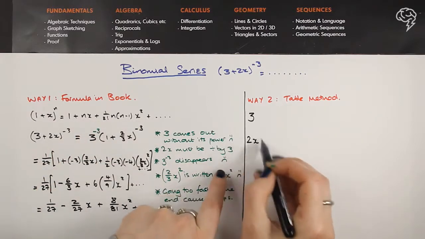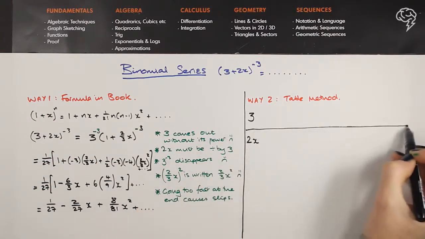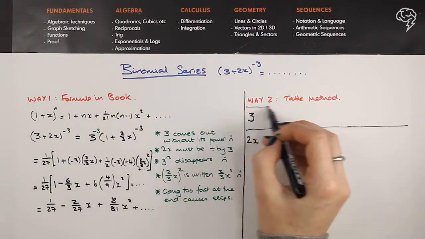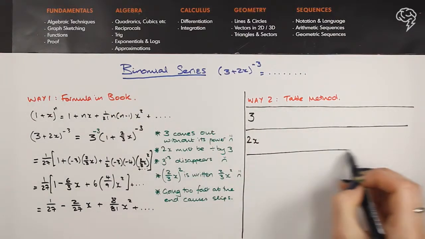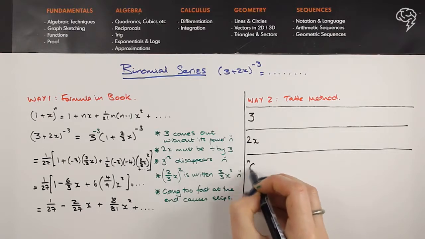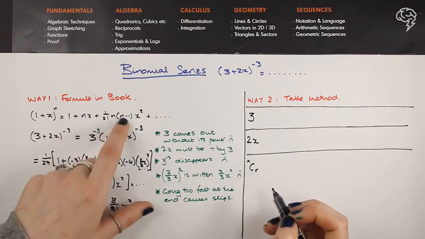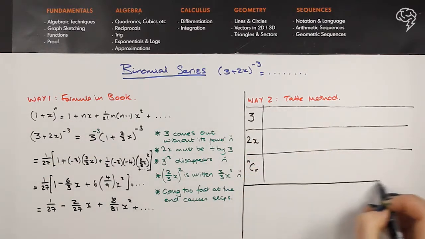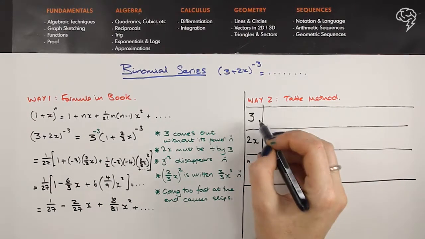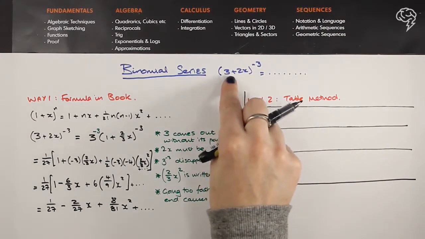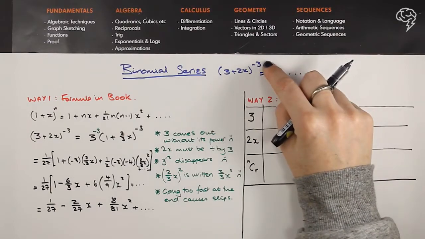So the thing we want the increasing powers of goes in the second column, but to be honest, it's usually in the second position, so that's not very difficult. And then we have a column for the coefficient n choose r that's at the front. Okay, now, exactly the same as when you have 3 plus 2x all to the power of 7, say,